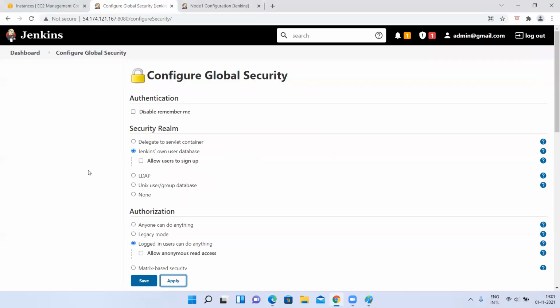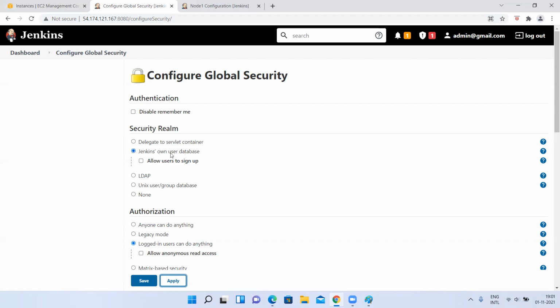But in case you want to log in, I'll create a user for you, like Kavya, and set some password. But where will those credentials be stored? In Jenkins' own user database. Whatever Jenkins we have installed, that Jenkins will have its own database under var/lib/Jenkins, where it will create a folder for users and passwords. There it will store your credentials. So next time you try to log in to my Jenkins, those credentials will be stored there.